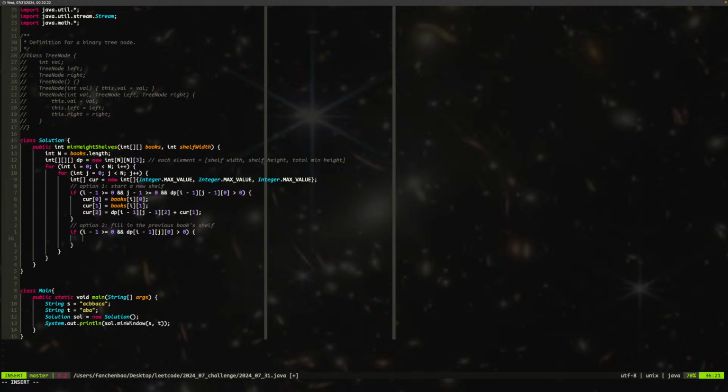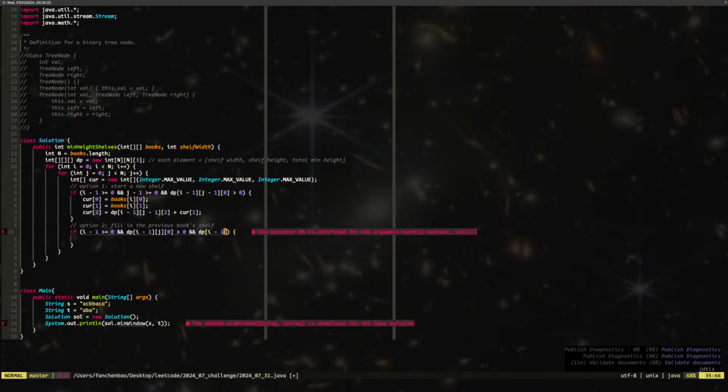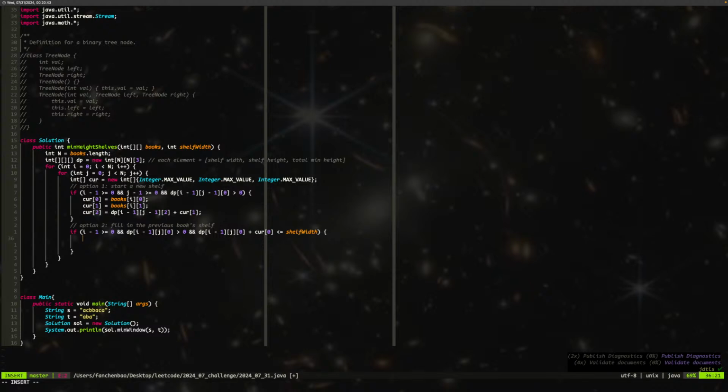And also the width. Try to fill in the previous books shelf and dp i minus 1, j, 0 is the previous width plus current 0 is smaller or equal to shelf width, right? If that is the case, then we say current 0 shall equal to